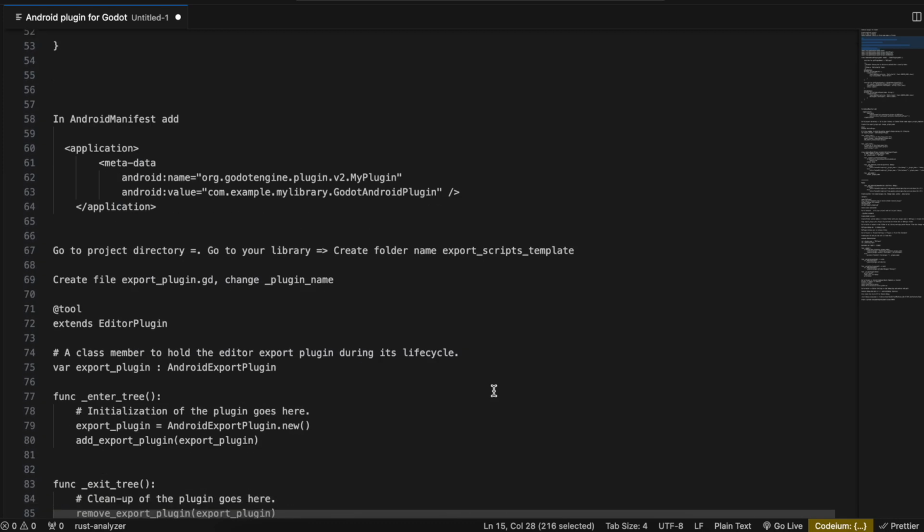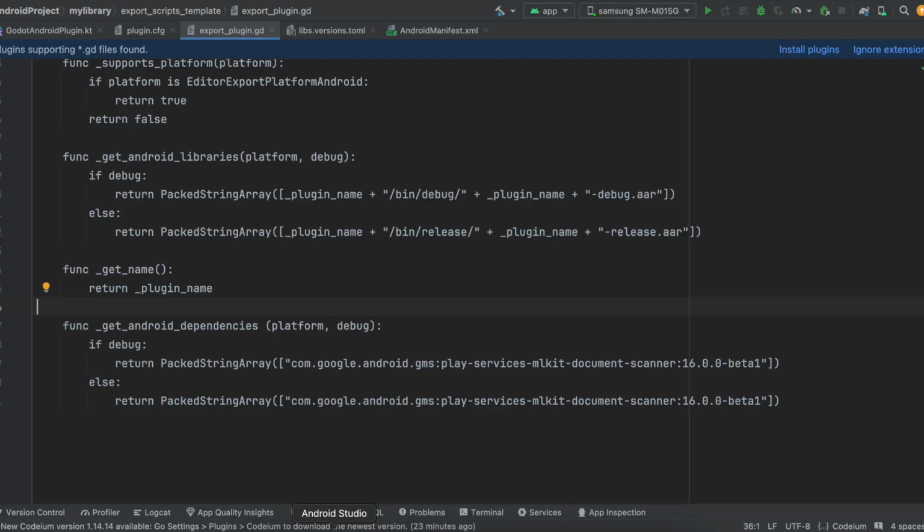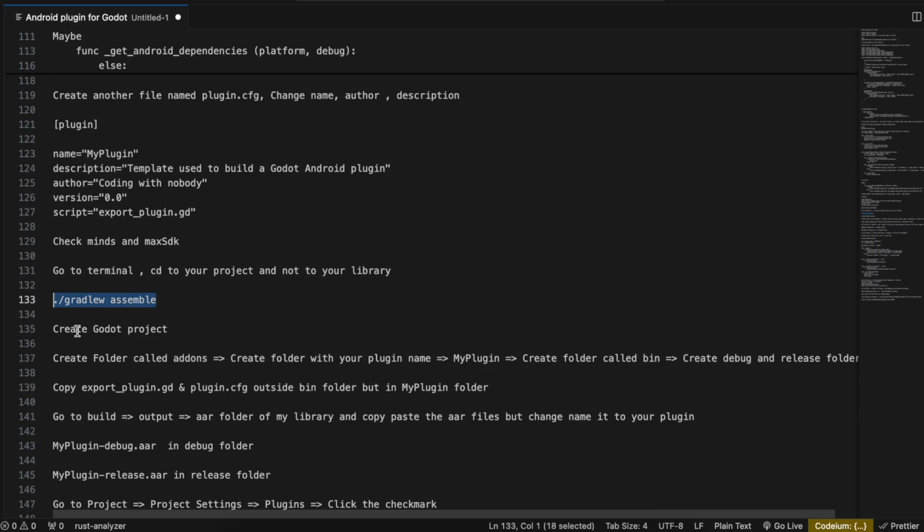Next let me check my cheat sheet quickly. Okay, so I have told you this. Then you have to run this gradlew assemble command. So what you can do is